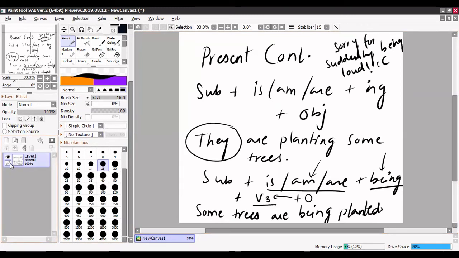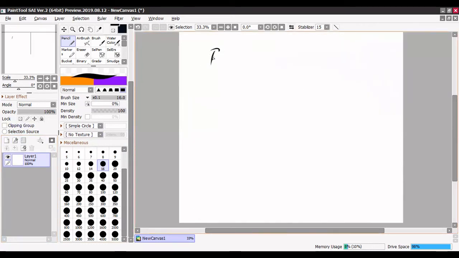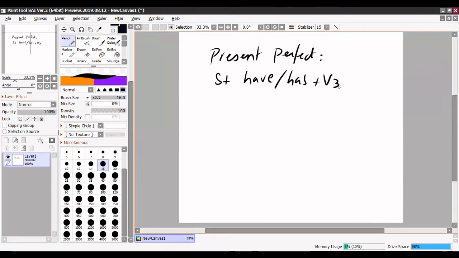Yes, we're going to do present perfect. Present perfect is subject plus have or has plus third form of verb, and then the sentence can be: someone has eaten my muffin. So again, जब someone आता है, anyone आता है, everyone आता है, या they भी आता है, we